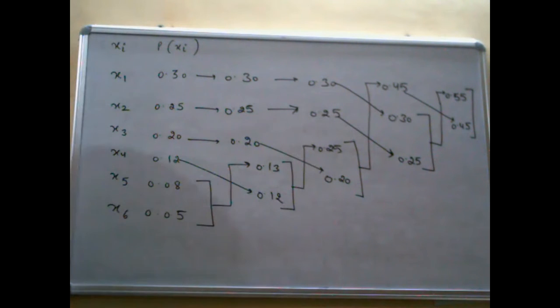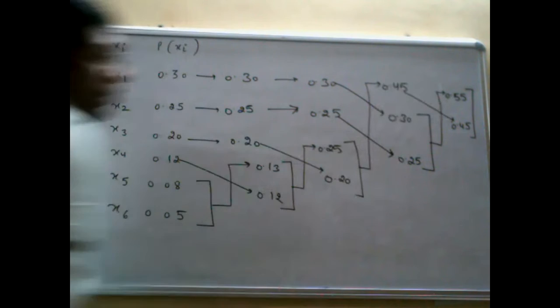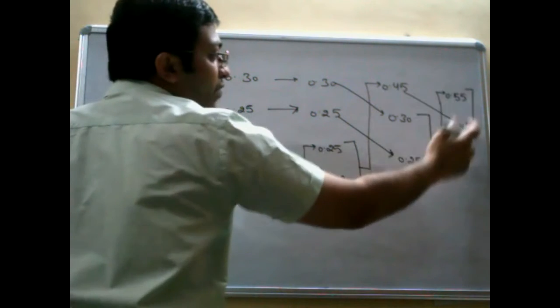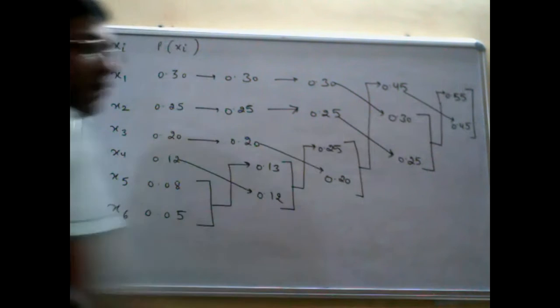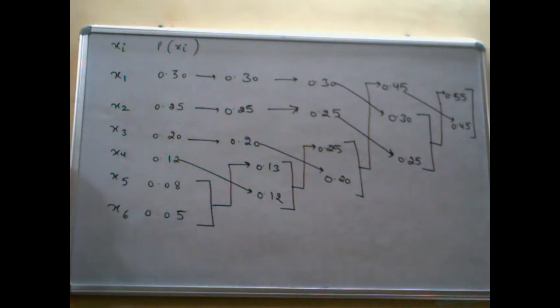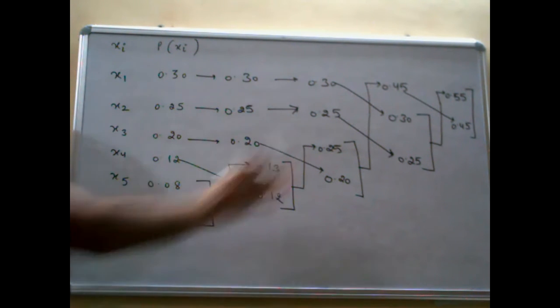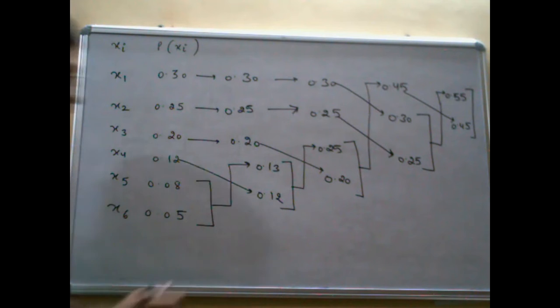Is this pairing clear to you? Okay. Now, once we do the pairing, last we'll get 0.55, 0.45. You will add, you will get 1 only. Now, this is the second step. After writing it in the descending order, make 2 pairs. Then the next step is you have to assign them codes.